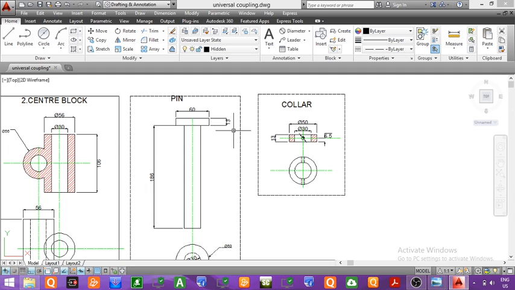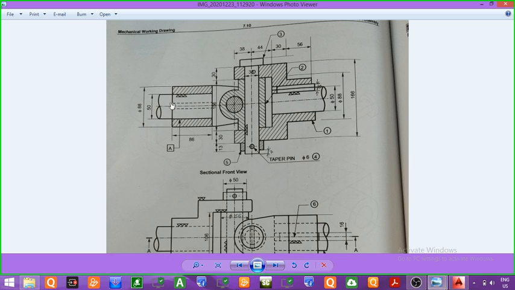So we have completed the sectional front view and top view of the collar. Now in the next step we will draw the front view and the side view of the shaft. Now you can see here in the question, the shaft which is inserted inside this hole will be of diameter 50 mm. The diameter of this shaft is given as 50 mm,